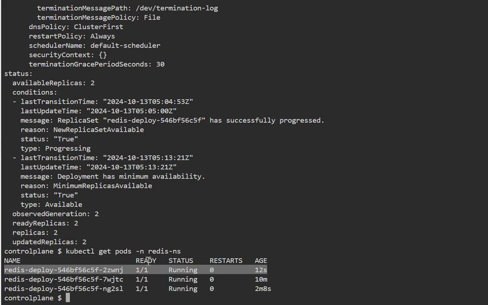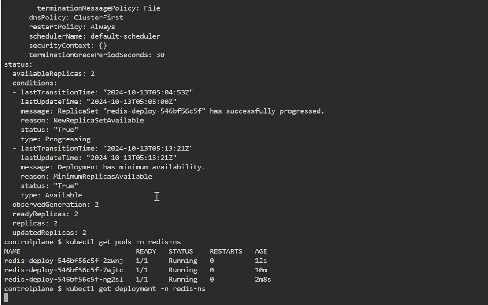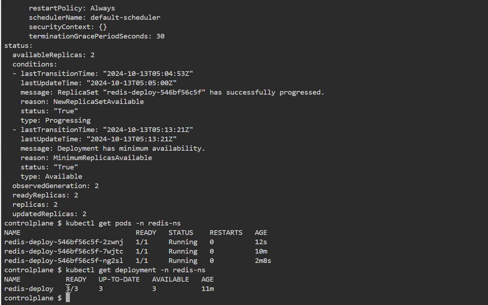So there are two options, right? One is the direct command, which is the kubectl command, and another is updating the definition file directly, right? Now you can check the status of my current working nodes and replicas as part of the deployment as well, right? kubectl get deployment -n redis-ns, correct? So here if you see, these are ready. Ready means how many are ready, right? Three is the replica count which I have mentioned, and out of those three are ready to serve the traffic,